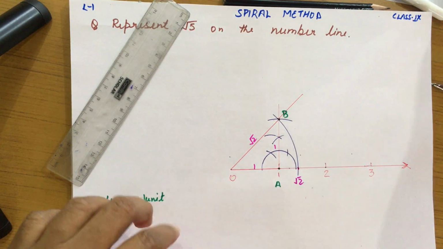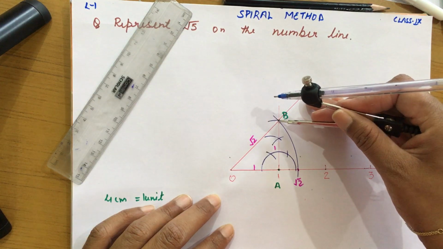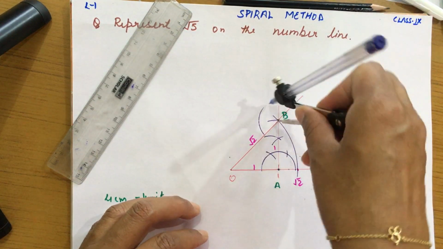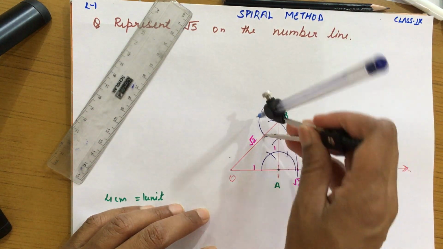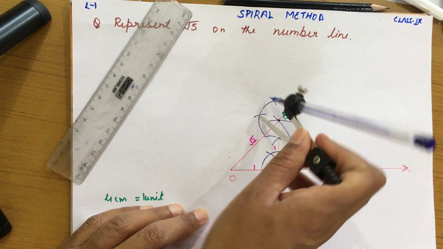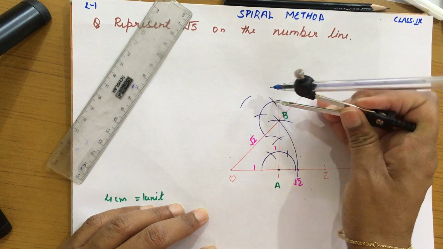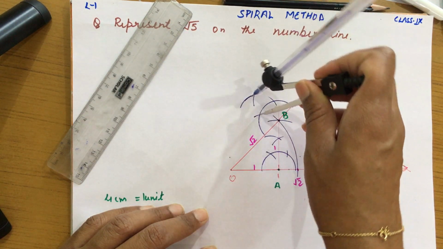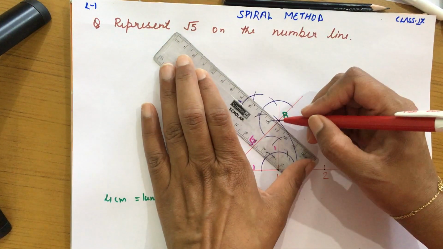Then again draw perpendicular from B point. And you have to be very careful in drawing a perpendicular, क्योंकि अगर ज़रा सा भी आपका 0.1 सेंटीमीटर का भी डिफरेंस आ गया, देन आपका ये कहीं ना कहीं गलत हो जाएगा. Again 60, 120, I will take a bisector. Then perpendicular, we all know.